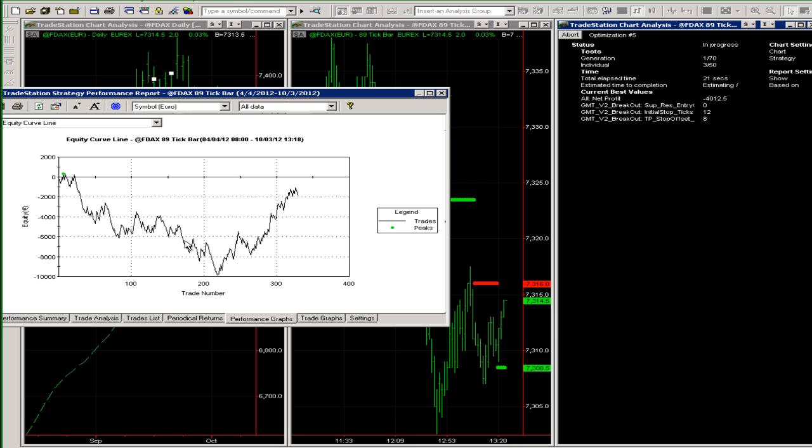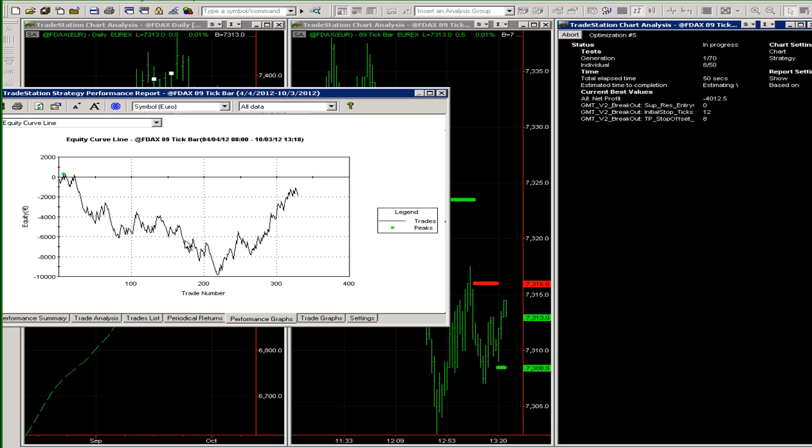See if we can turn this losing strategy into a winning one and get some fairly robust settings that we can run in real time in the market. So at the moment we've got 33 seconds gone, negative 4,012, so we've definitely started off with a flying improvement on that. So we'll give this a little bit of time just to kick through,